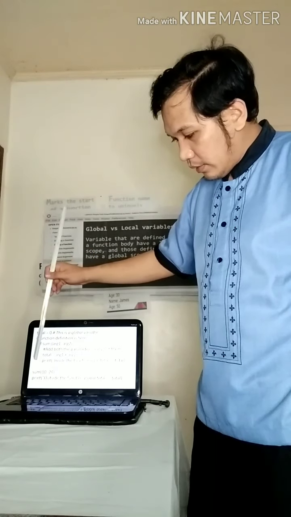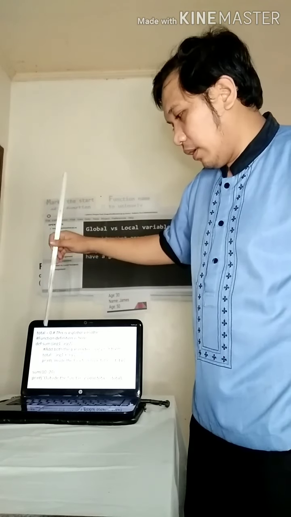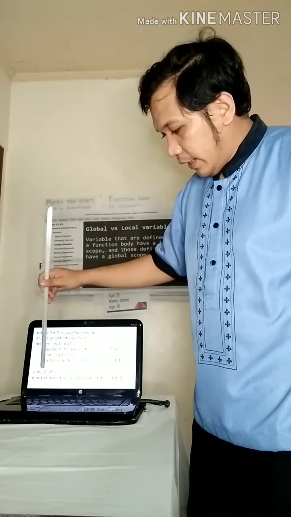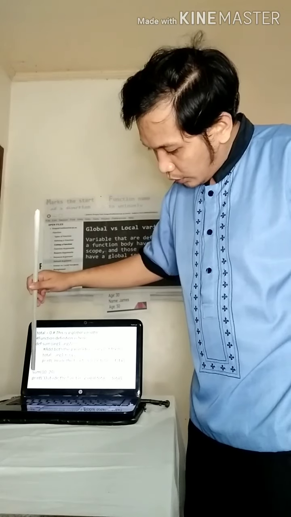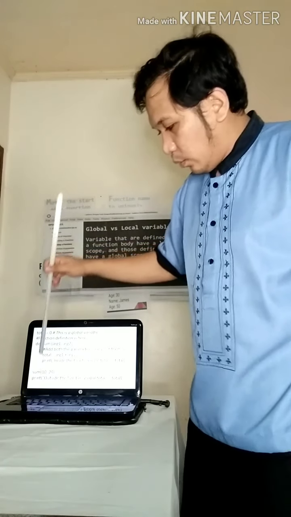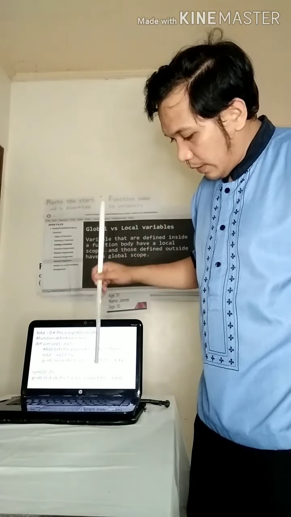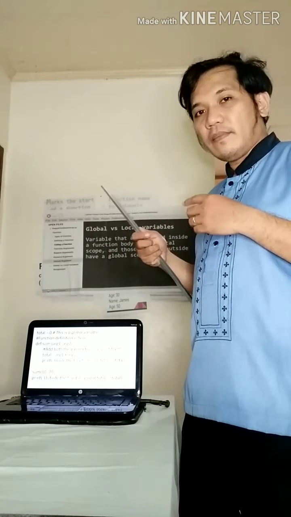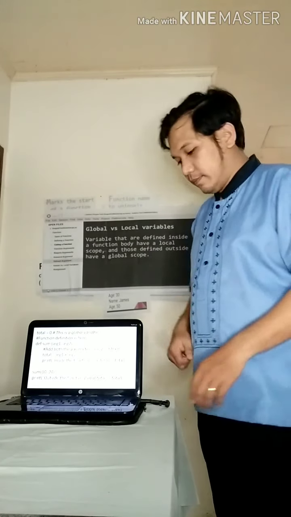So when we declared our function, we declared sum, our function, and then assigned the argument values of 10 and 20. And then we also have a print function here that will print the string "outside the function global total" plus total. So what will be the output of this program? So let's see.